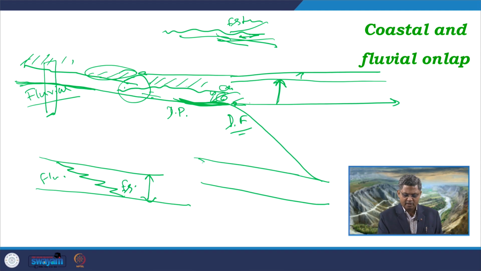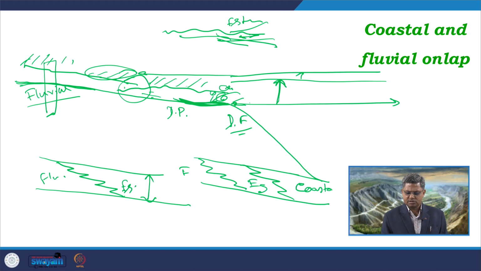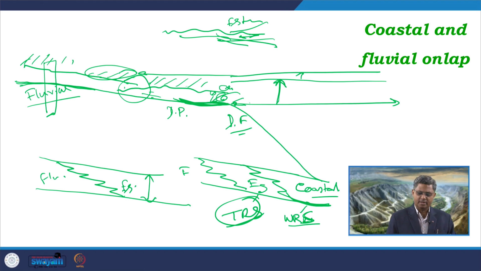So, there we will get this kind of the fluvial system forming over here, the estuary system formed over here, which is overlain by the coastal sediments or the strand plain sediments or the shore sediments. So, in this area, when this kind of coastal onlaps are going on, in the basal part we can expect the wave ravinement surface to form, whereas when the estuary is trying to onlap, where we get dominant tidal activities, we can expect a tidal ravinement surface to be underlying these estuary systems. That we can observe over here, that you can observe in this area as well.